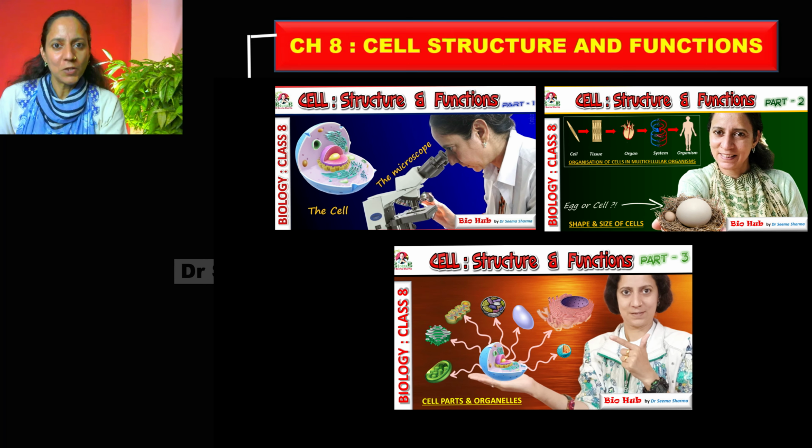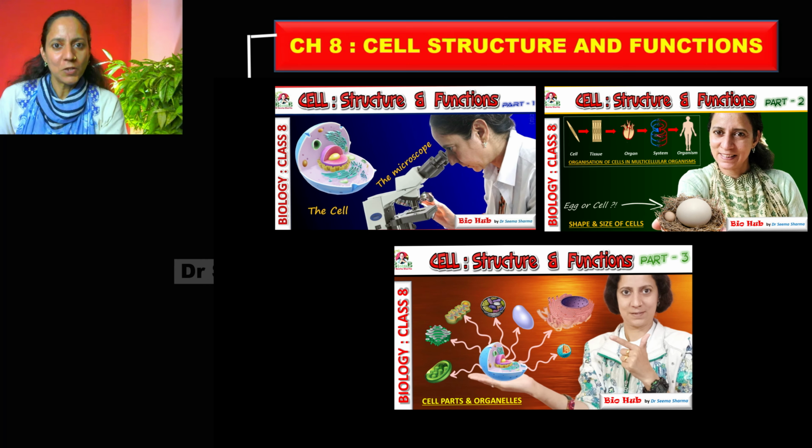Now coming to animal cell. Animal cell do have some special features of their own which are not present in plant cell. So let's explore that. This is the ultra structure of animal cell in which nucleus, cell membrane, cytoplasm and cell organelles are visible. What are the special features of animal cell? The cell membrane or plasma membrane of animal cell is very thin and elastic.